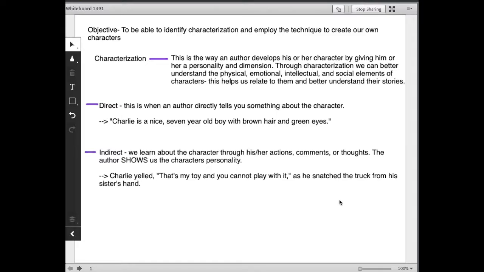If you were to describe Charlie to somebody based solely on this statement, what might you say? You might say, well, he was selfish because he wouldn't share his toy. He didn't want to let his little sister play with his stuff. And he's kind of rude, right? He yells at her and he grabs it right back from her. So we can describe Charlie based on what he does and what he says and how he says it. That's indirect characterization. All right, so now let's take a look at a couple of other examples from literature to help us better understand